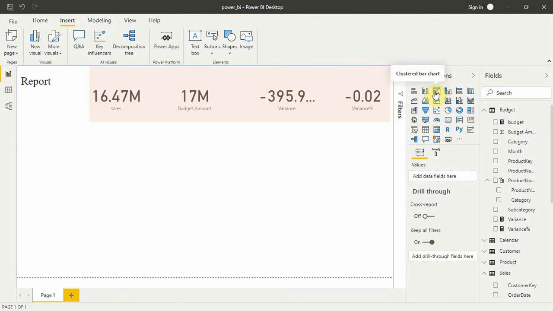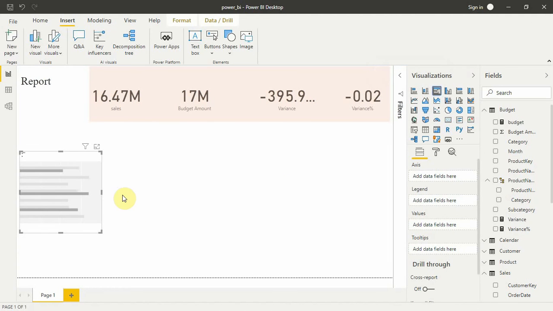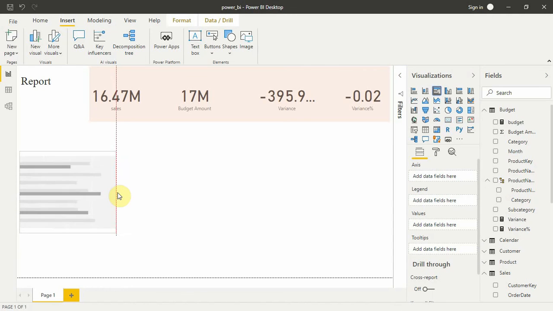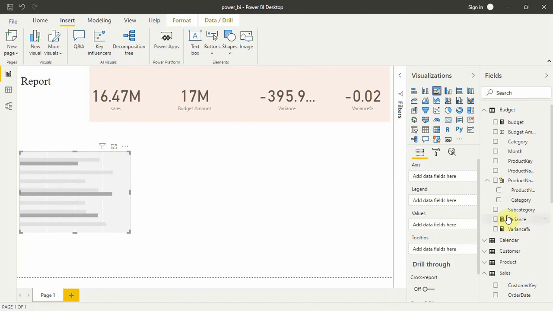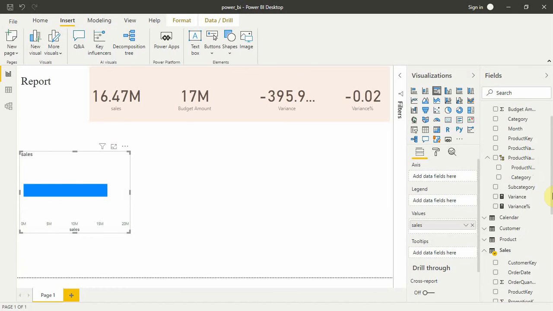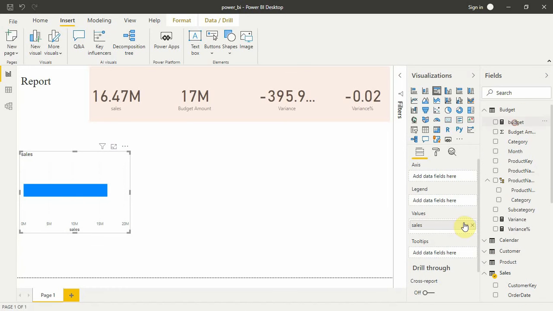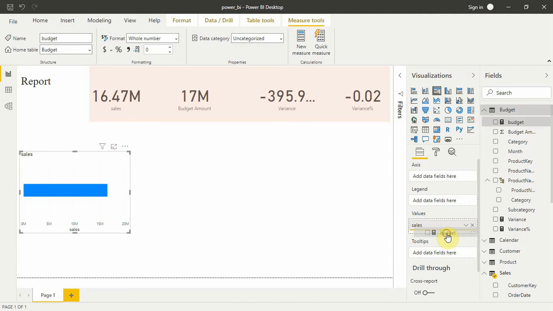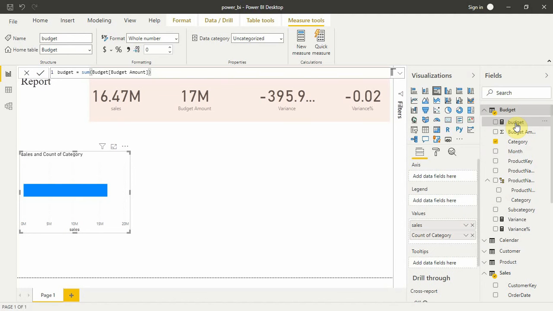Okay, let's take bar chart. In values, let's add sales and budget. So we'll add sales first, and then we'll add budget. Oops, we have to add budget here.